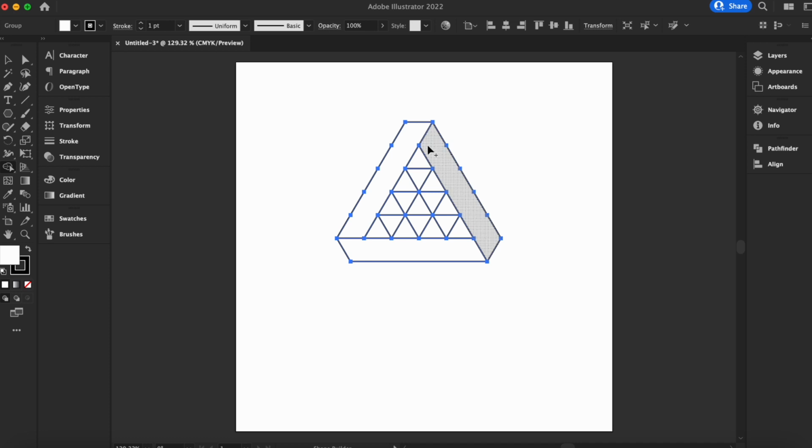Now we're going to get one of these sides and do something similar here to complete our impossible triangle. Alt or Option click in the center to delete that from the shapes that we're creating. And now we can essentially